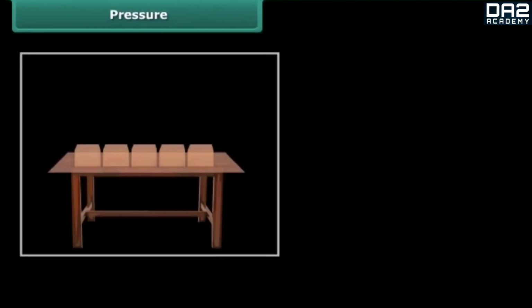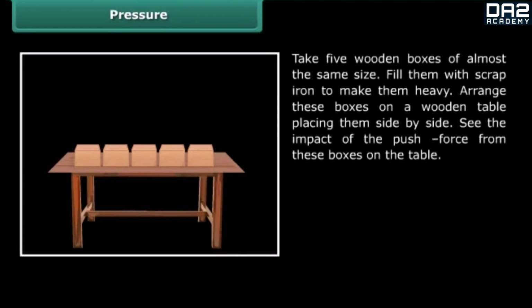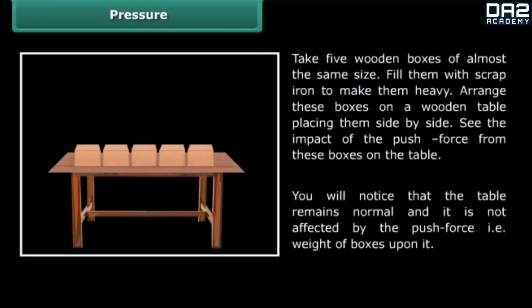Pressure. Let us perform an activity. Take 5 wooden boxes of almost the same size. Fill them with scrap iron to make them heavy. Arrange these boxes on a wooden table, placing them side by side. See the impact of the push force from these boxes on the table. You will notice that the table remains normal and it is not affected by the push force, that is, weight